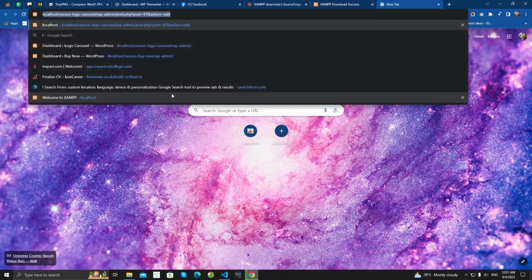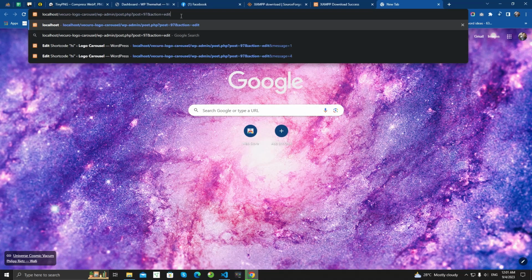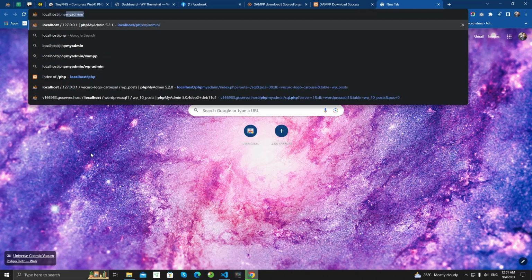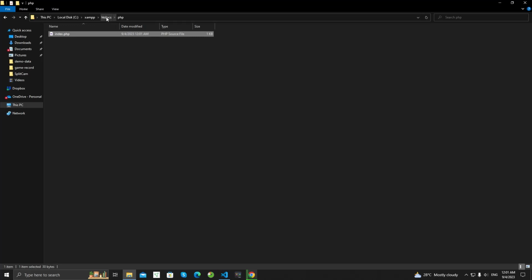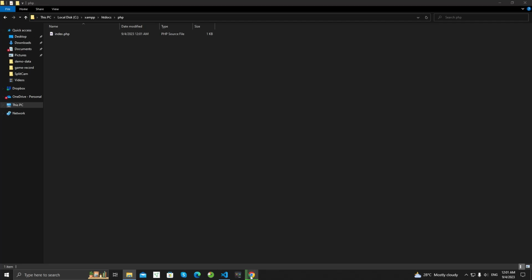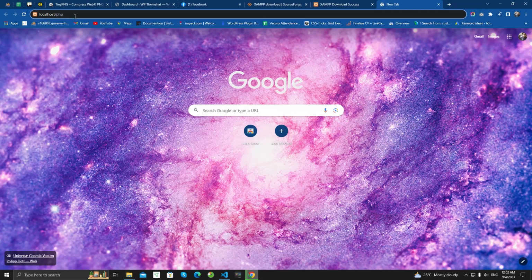Then type localhost/php, because you can see this is the localhost here, and this is the folder access of PHP. So I'm going to type it as php, then click on enter, and you can see the code that I have written in my code editor, hello world. So this is how you can install